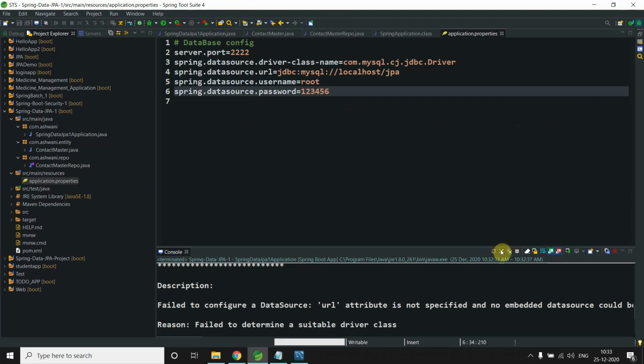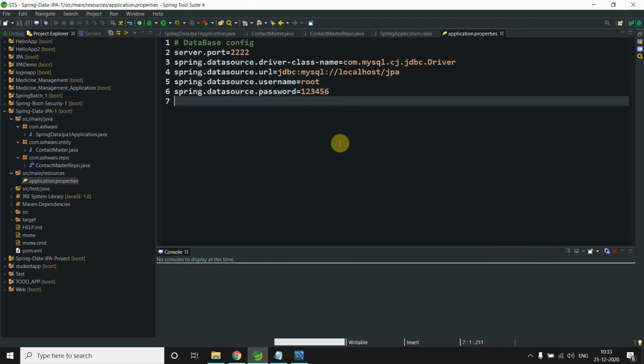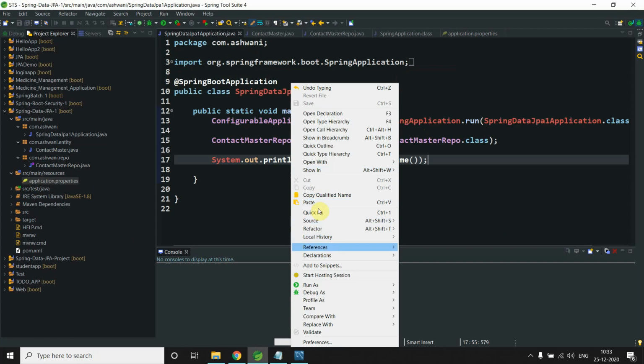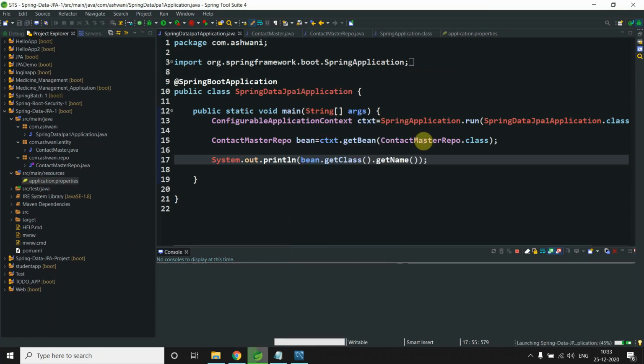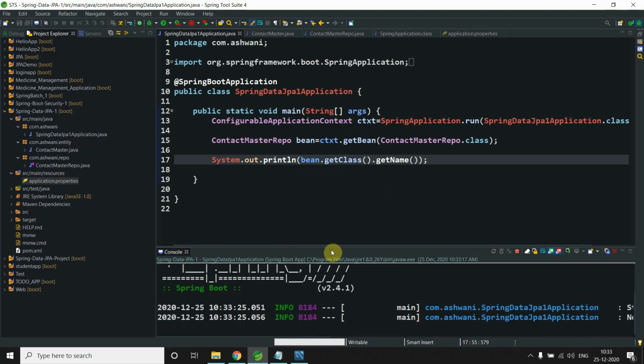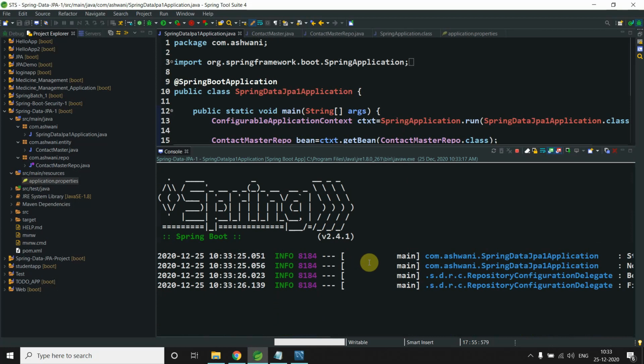We forgot that, my bad. Now we will run our application again, as a Spring Boot app. Yeah, the application is up and running.